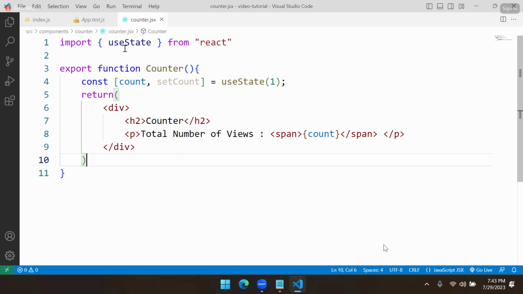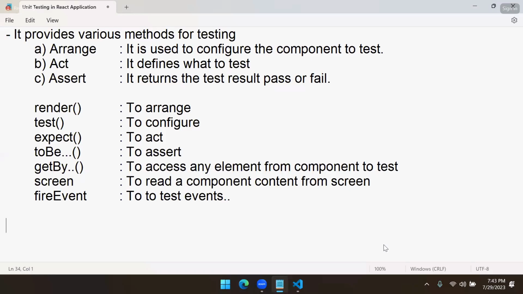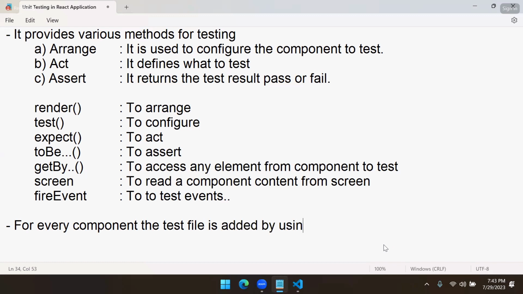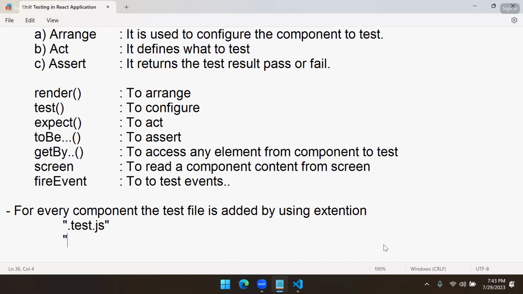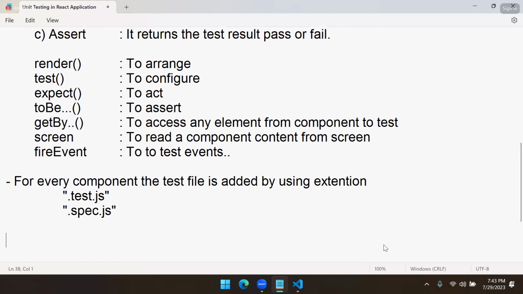Generally, how to add a test file for this? For every component, the test file is added by using the extension .test.js, or we can use .spec.js, depends, both are